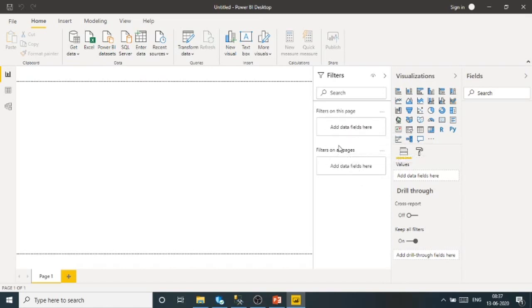It means you are applying report level filters, and this is the page level filters. And one more filter is also available. You can create filters on a visual level. I will discuss the filters in a separate video, because I'm just giving you the idea of how many types of filters are available in Power BI.